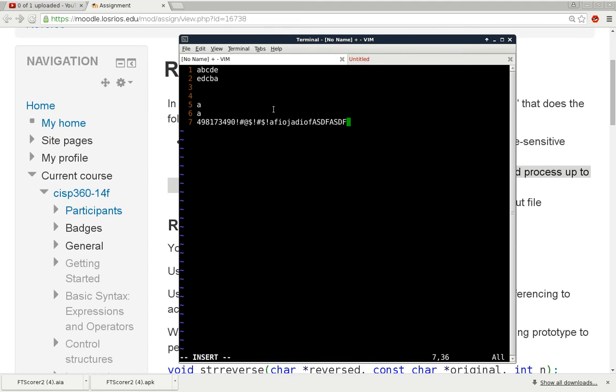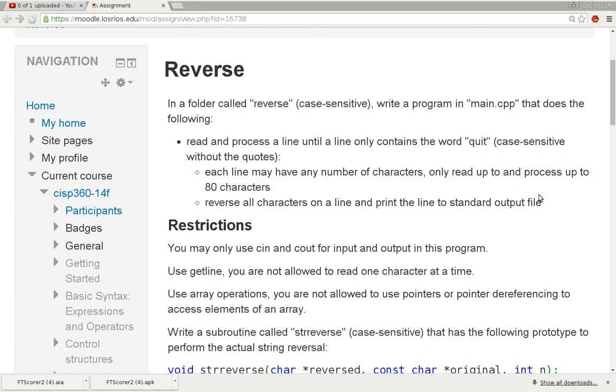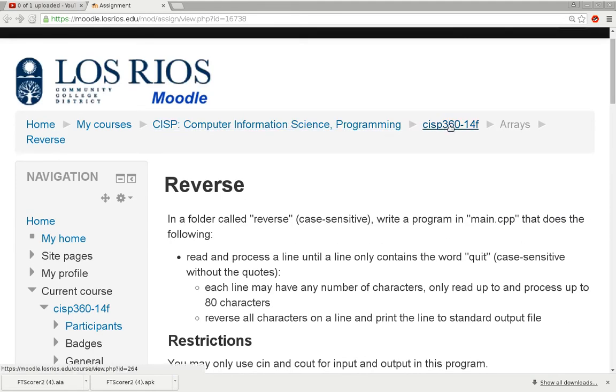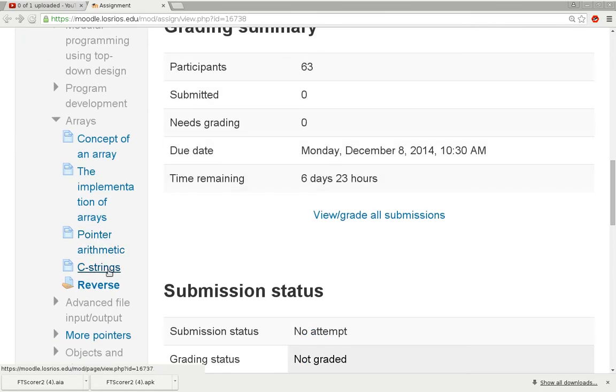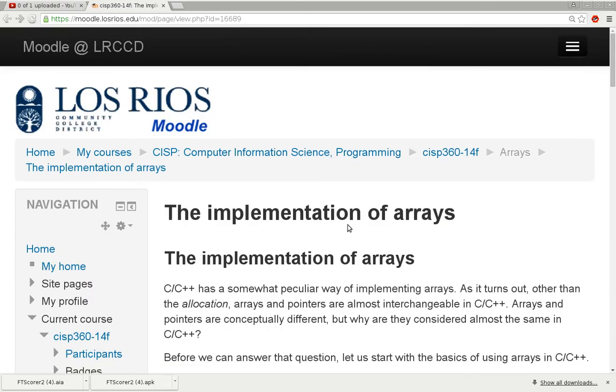No questions? Okay. So now that I got your attention, with the new homework assignment, we'll go back and talk about the concepts that you need to know to get this done. Okay. So what I'll do is I will go to C string here, because we won't need, okay, we'll start with this one. We'll start with the implementation of arrays,